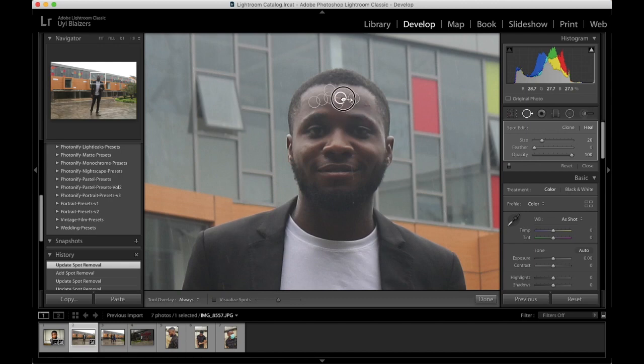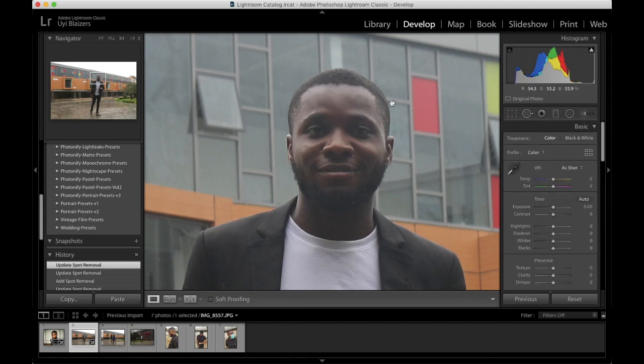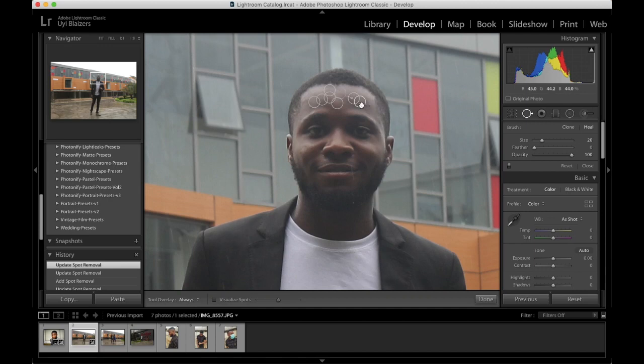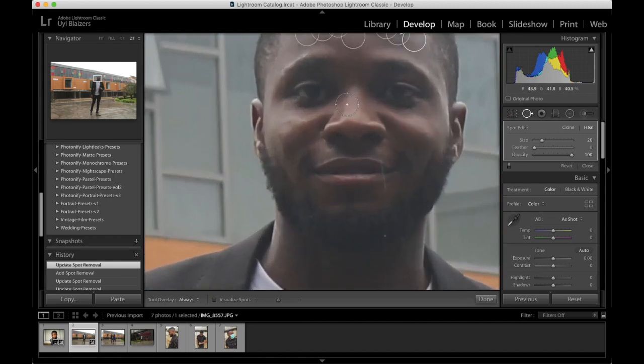Want to take this up. So let's look at what we have currently. So it's slowly fixing up the shadows that we have in the head. Remember, this is a fast subject picture. So we have that. So I'm just going to continue zooming in so that we get to see more of